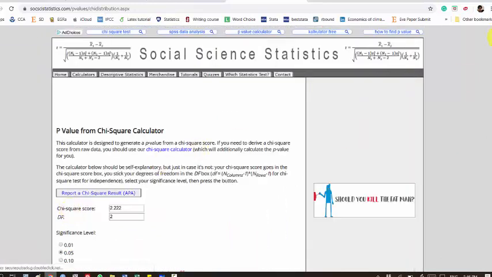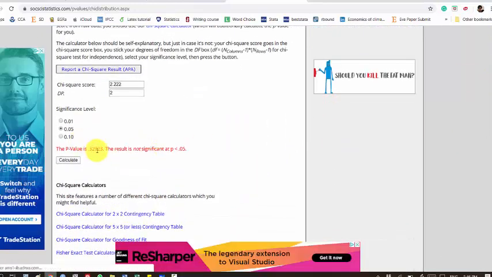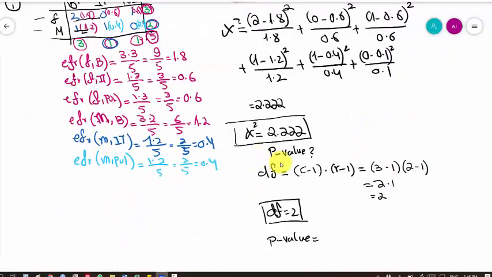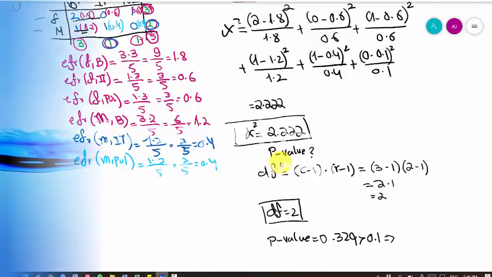Now you can see that the p-value here is 0.329. So you come back and write that the p-value is 0.329, which is of course much bigger than 0.01. There is no significant association between gender